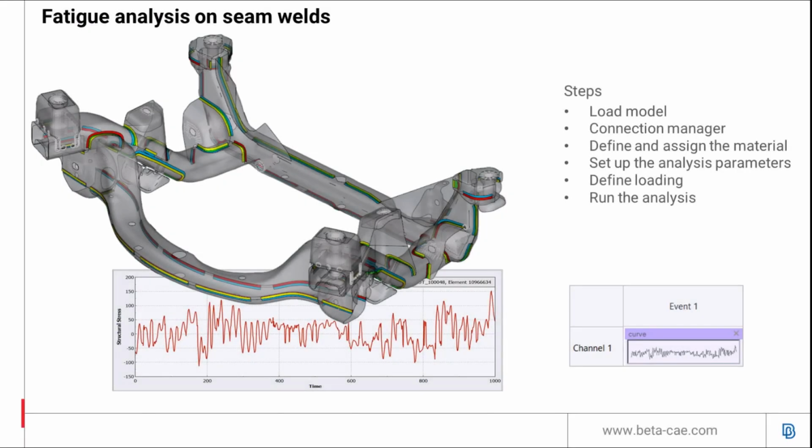Welcome. In the current video, the process of performing fatigue analysis on seam welds based on the Volvo method will be followed. In this example, a static model with seam welds of various types is employed. The model consists of two subcases, although only one is used in the fatigue analysis. The phenomenon will be studied in the time domain.